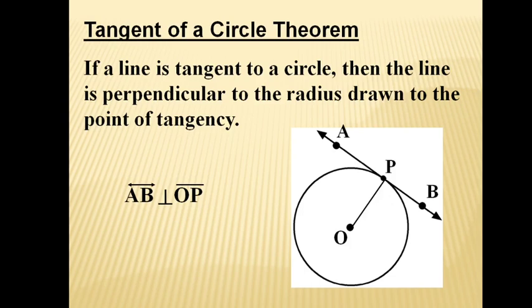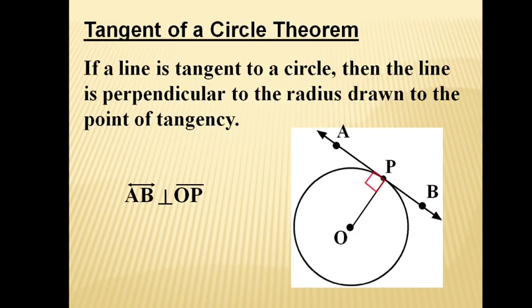Now OP is a radius of the circle, because we know in the previous session we have already discussed that any segment joining the center, the fixed point of the circle, with any point on the circle is called a radius. Segment OP is obtained by joining center O and a point P on this circle. So that's why OP is the radius of the circle. AB is a tangent of the circle.